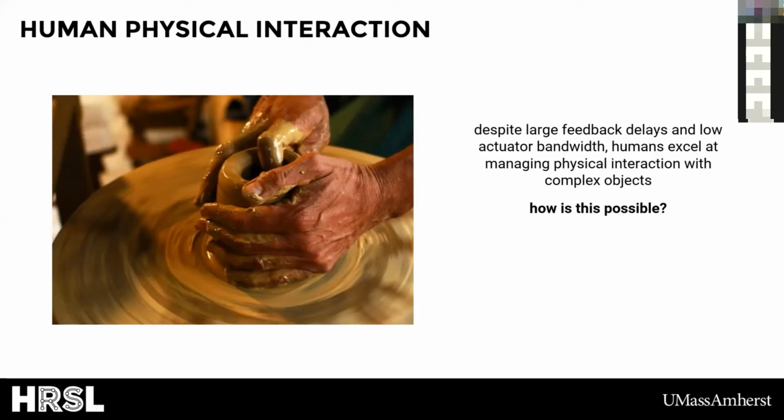And from the roboticist point of view, answering this question is critical for two reasons. One is it's going to inform us how to design better learning algorithms and control methods such that we can match the physical interaction performance of robots to that of humans. And number two is that in order to design human-centered robots that are compatible with humans, those robots need to be compatible with how humans execute or generate behavior.